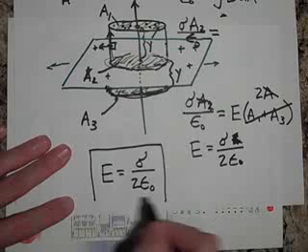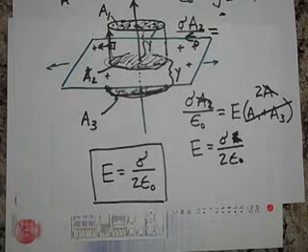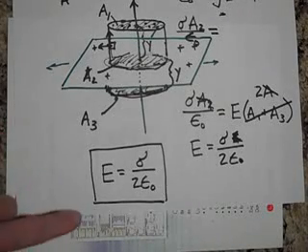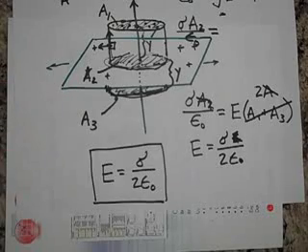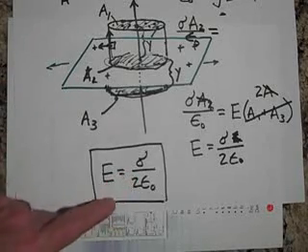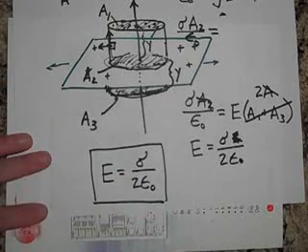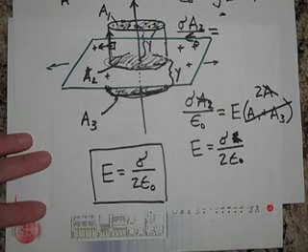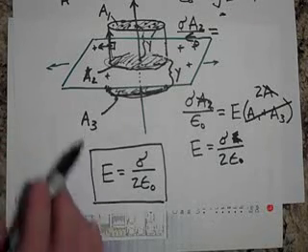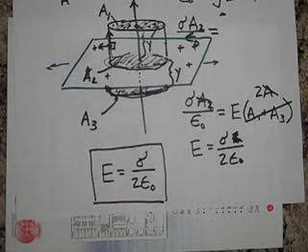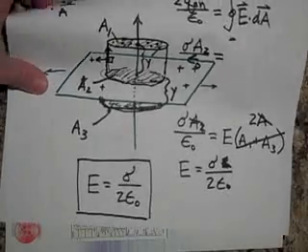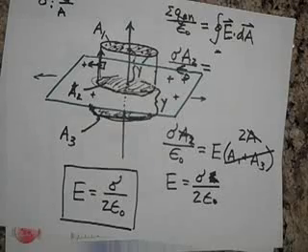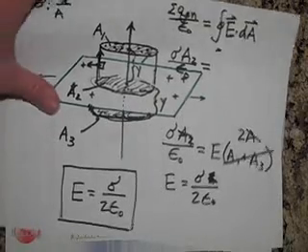Now notice something here. Notice that it's not dependent on how high above you are from the plane. There's no variables in here. It's just sigma, the surface charge density, and epsilon naught's just a constant. So the electric field above a plane is the same everywhere. And I just want to make a point about why that should be the case. This is only if you have an infinite plane of charge, and that's because